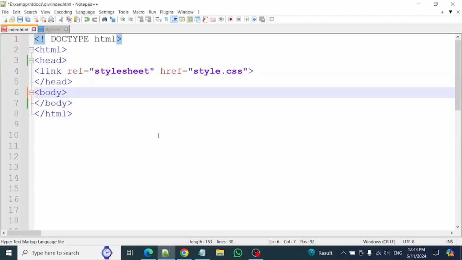First of all, name a file. In this CSS tutorial, we will learn about CSS text decoration. In the body section,